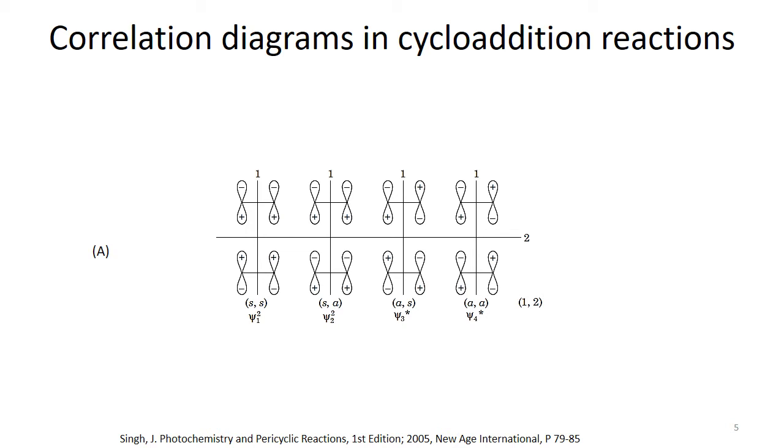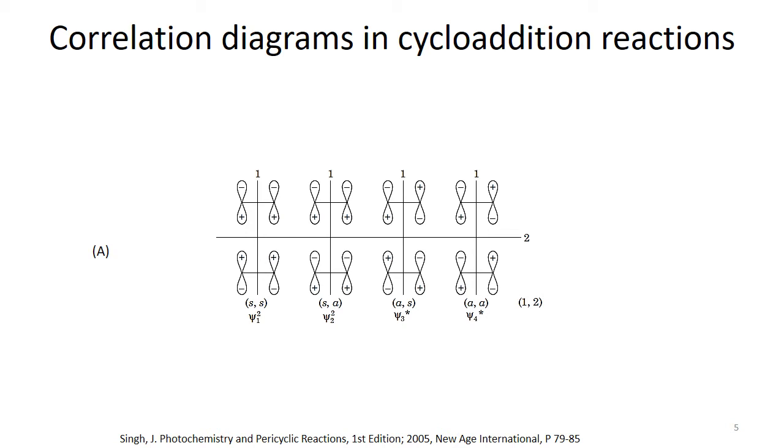We have to consider that in ethylene molecules there are two molecular orbitals here. We have psi 1 and psi 2 basically. If we talk about the molecular orbitals of the ethylene molecule itself, we are talking about just one molecule here. So in this one molecule we have two molecular orbitals, one is pi 1 and the other is pi star. In pi 1 we have two p orbitals that have similar lobes on one side, and in pi 2, or you can say pi star, we have different lobes on the same side.